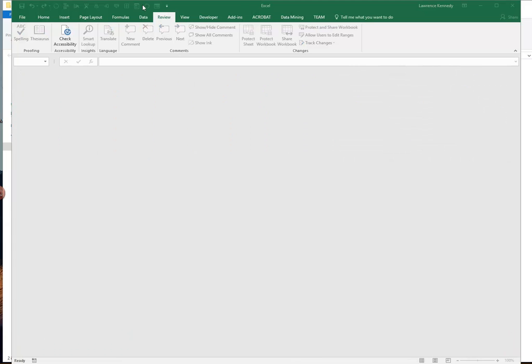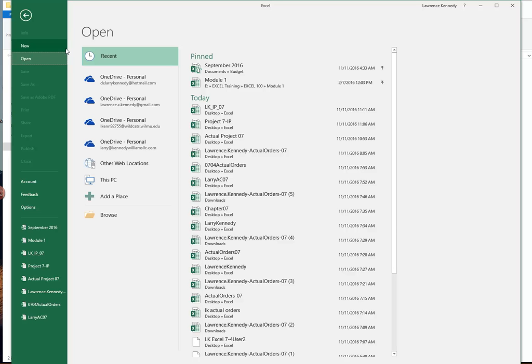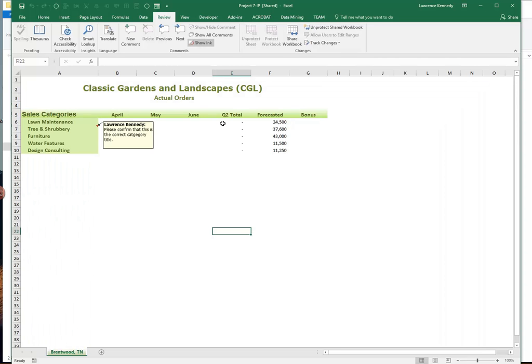We have the compare and merge workbooks command on the QAT. That's the quick access toolbar. So just go ahead and open up the original file. So in here, I'll just select File, and this is the original that I created. So I'll bring that back in. Okay. All right, so